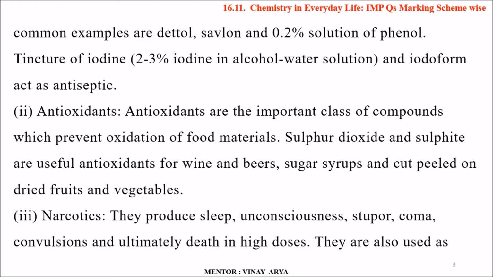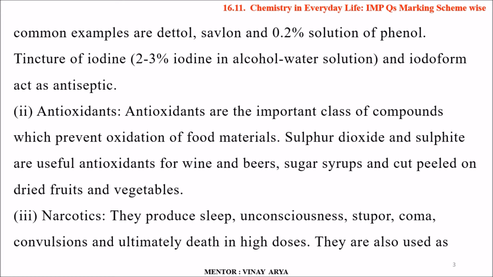Second is antioxidants. Antioxidants are an important class of compounds which prevent oxidation of food material. Sulfur dioxide and sulfites are useful antioxidants for wine and beers, sugar syrups and cut peeled dry fruits and vegetables. Third is narcotics. They produce sleep, unconsciousness, stupor, coma,